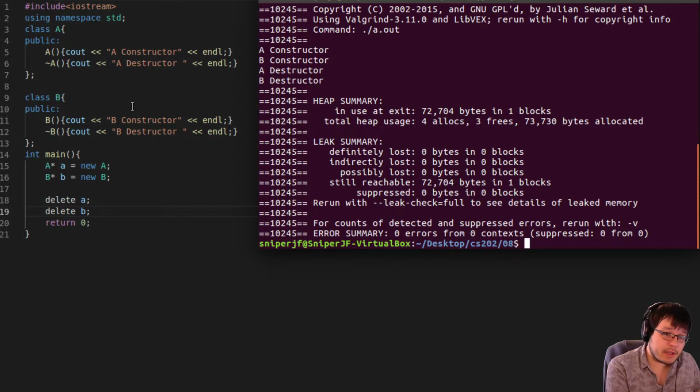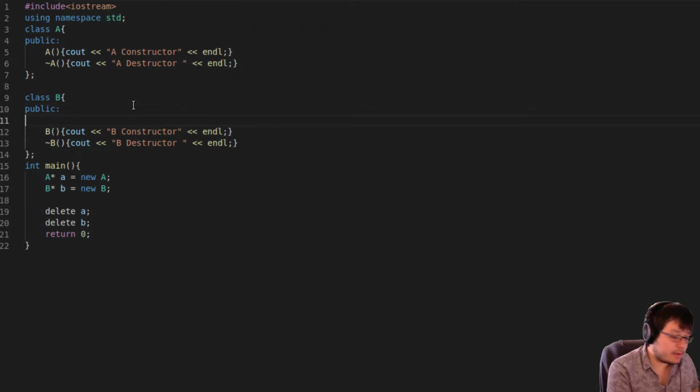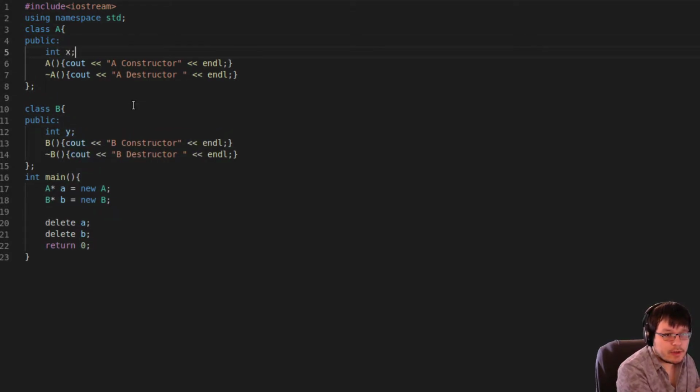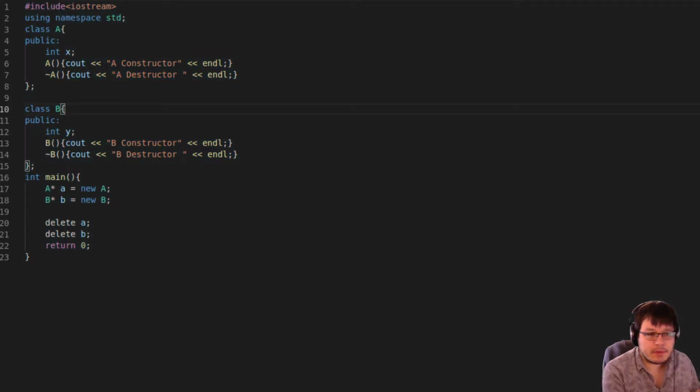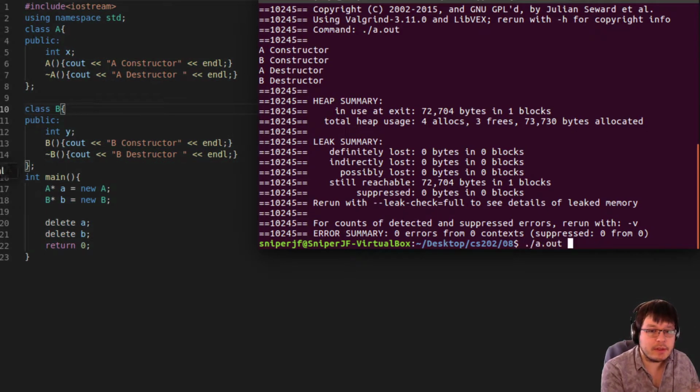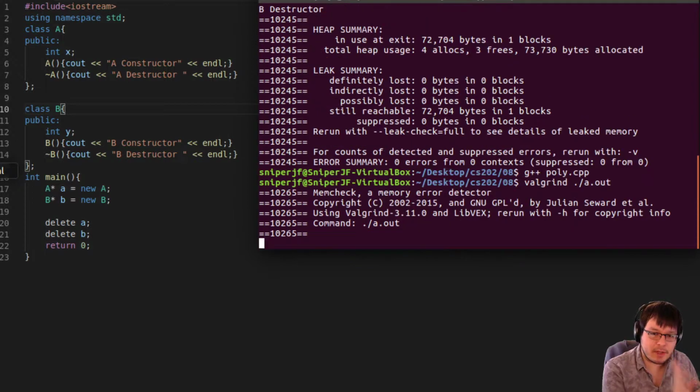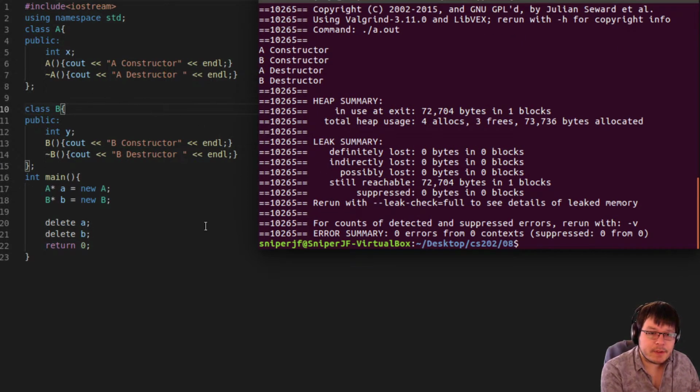So let's go ahead and expand this a little bit and add in one variable here and one variable there, because I don't think the error will happen if I don't have variables in there. We can at the end test it without the variable, but for now let's do it like that. Okay, so yeah,